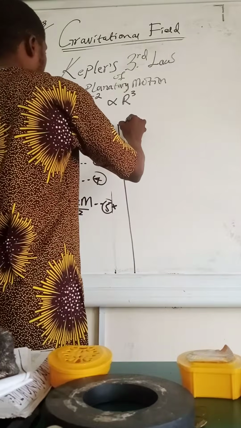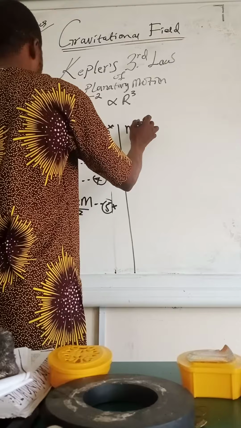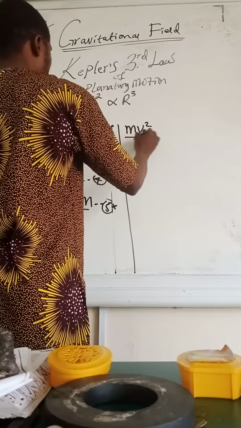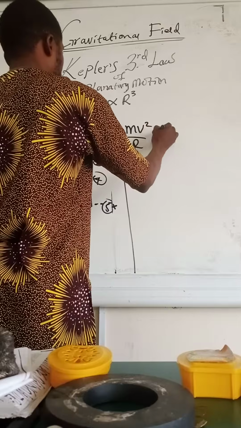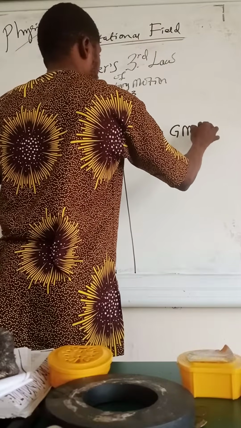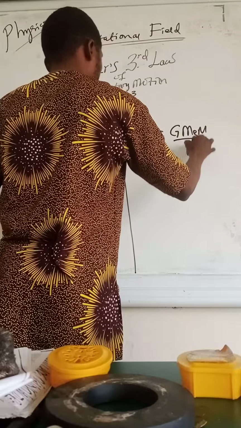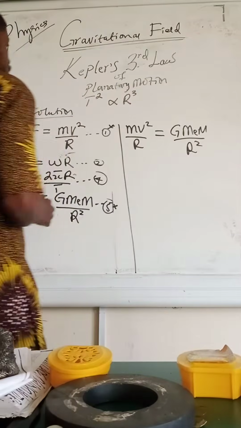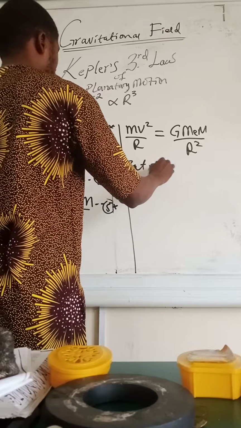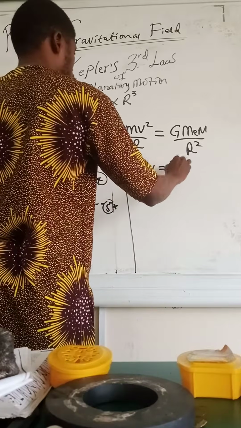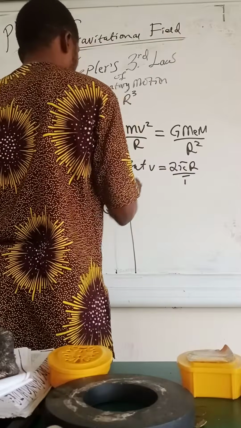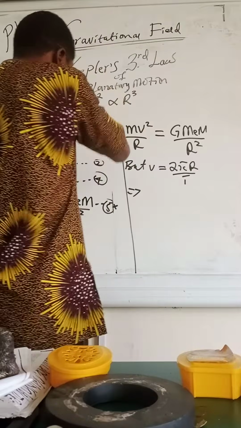So we have mv squared over r is equal to what? Is equal to G M E over what? R squared. Yes. But v is going to be what? 2 pi r over T. So this implies that